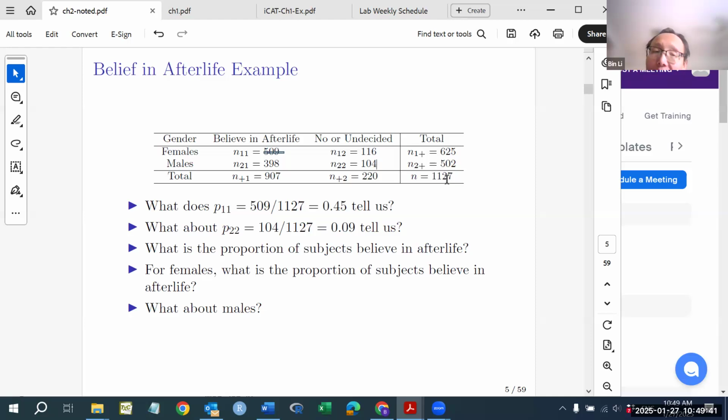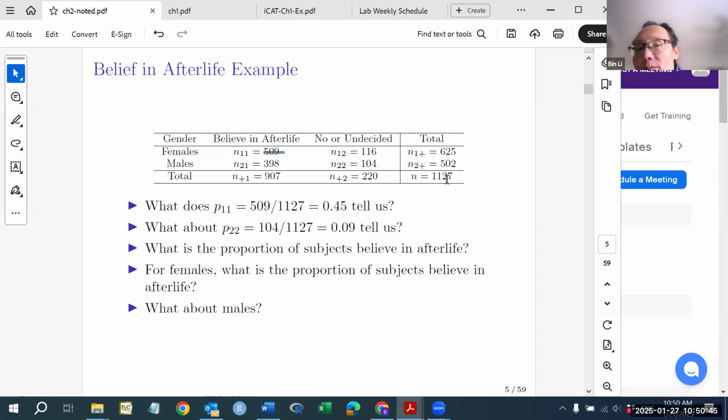So that tells us the proportion of females that believe in afterlife is 45% in this population. Okay, so that means about 45% of the people in this population are females and they believe in afterlife. So that's a joint probability: female and believing afterlife. And the P22 is for the males